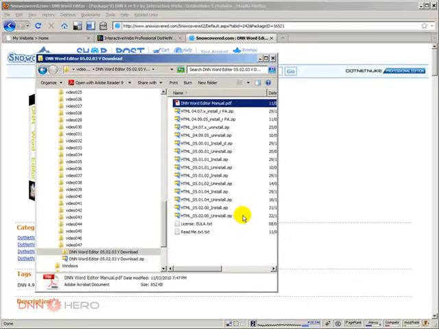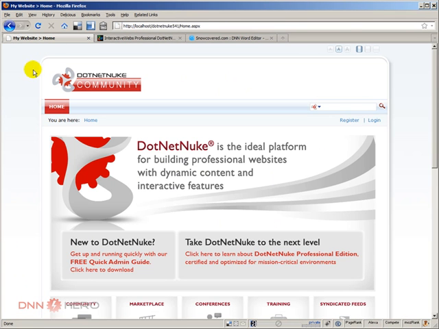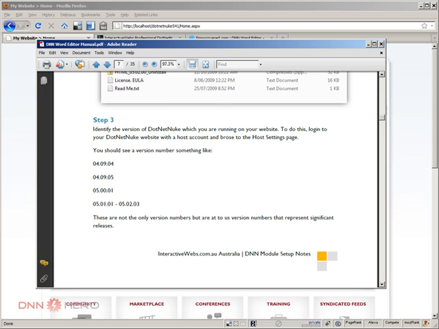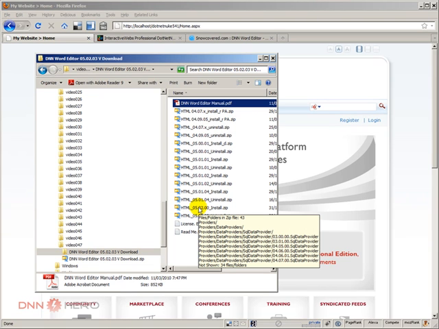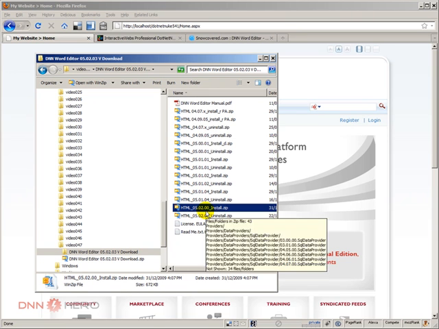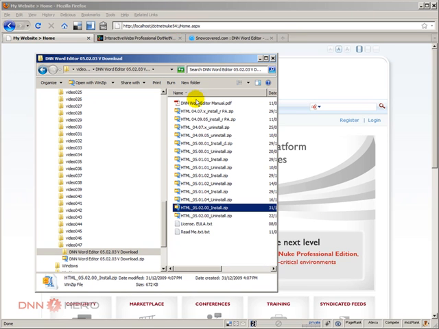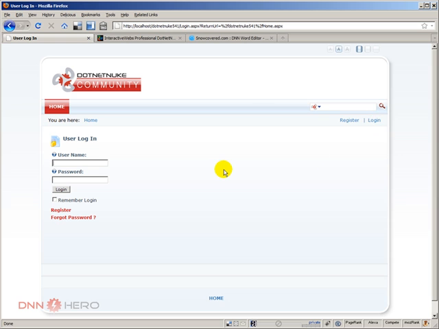But in my case, I'm running a test site, which is DotNetNuke version 5.4.1. So I've checked the manual, and I was given the impression that I should use the latest version of the module, which should be compatible with any DNN version 5.2 up. So I will be using this installation package because, again, my version is 5.4.1. So I'm just gonna copy the address here, and I will log into the site as host. We'll install the module